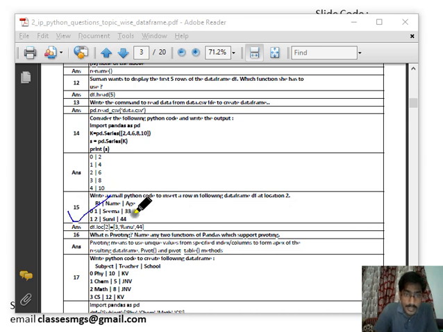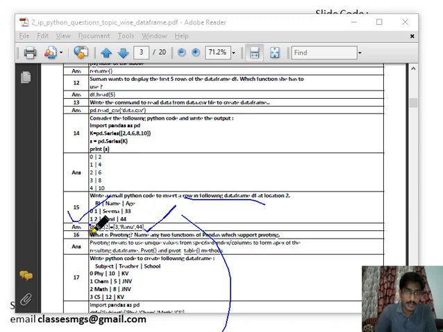Let's see the 15th question. Given the Python code, insert a row in the following data frame at location 2. At the end of this data frame, you want to insert at number 2. So which code can you use? df.loc[2] equals 3, ranu and 44.